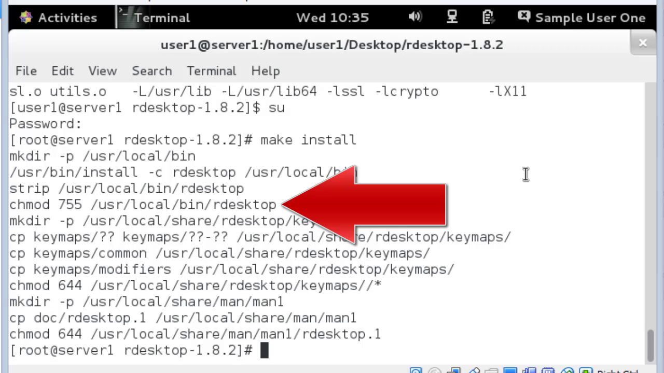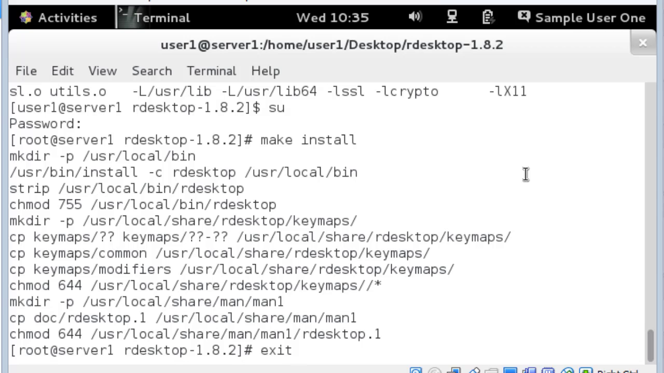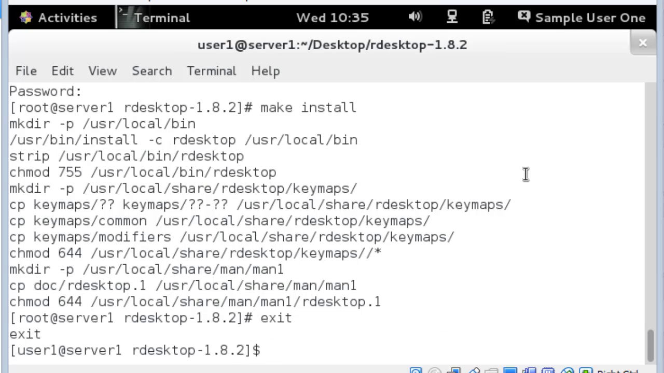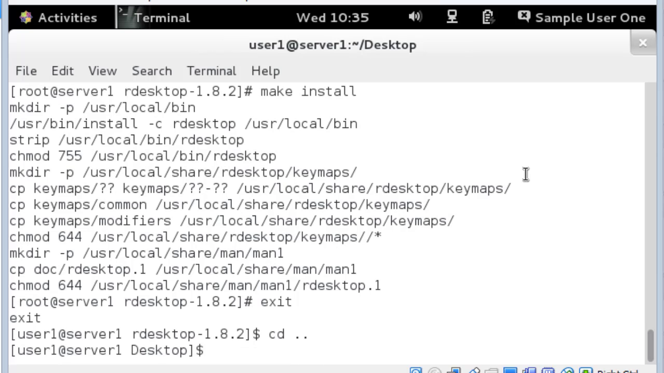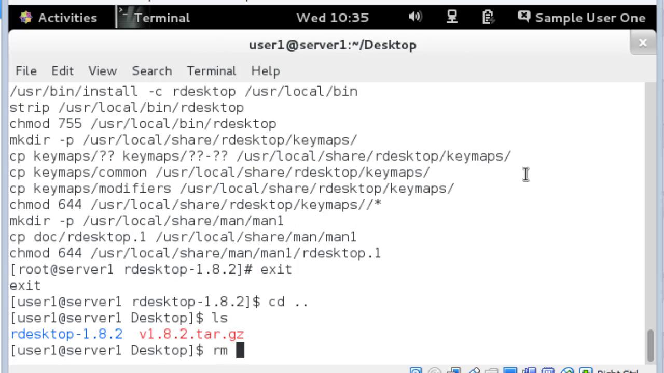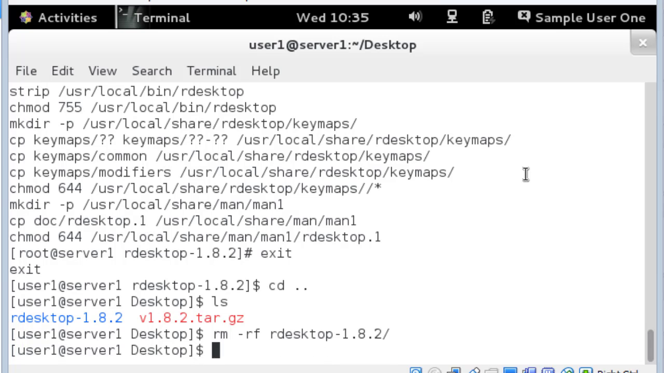I can now type exit to get back to a regular user. I can go back a directory, cd .., and I'm going to remove with rm -rf, recursively delete the directory, and f: don't ask me any questions. If I don't put the f, I'll have to answer yes for every file. And I'll type rdesktop and hit tab, or rd and hit tab and hit enter. The folder is gone. Now if I type in which